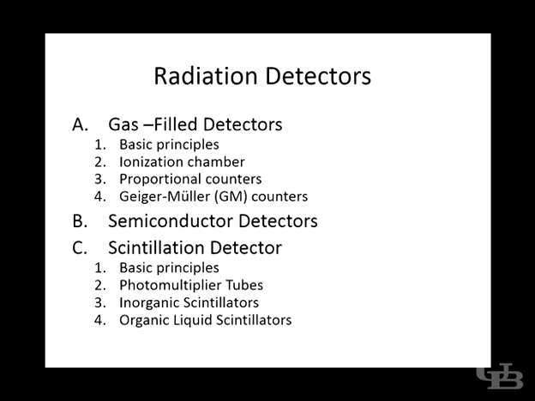So now we are going to go through 3 types of radiation detectors. A, gas filled detectors. Gas filled detectors are kind of the simplest and cheapest, but still in use. If you go to any lab that uses radiation, you will see some kind of a Geiger-Muller counter, so you can scan if there's a radiation spill. It's not that accurate, but it serves the purpose, telling you whether there's a spill, some contamination, just convenient.